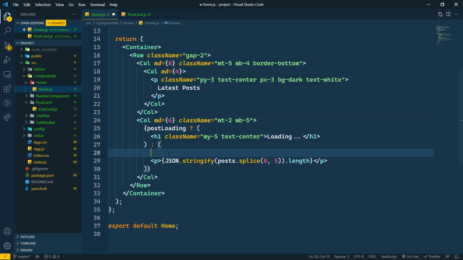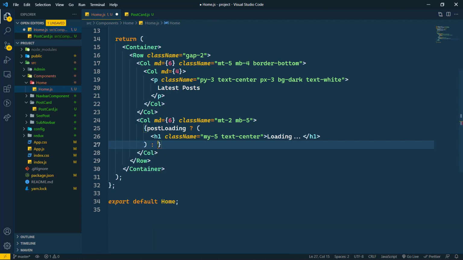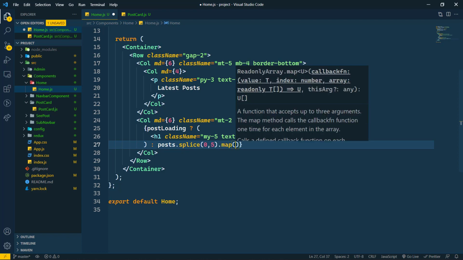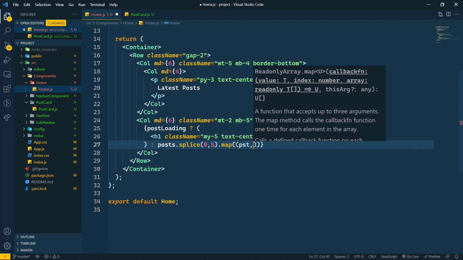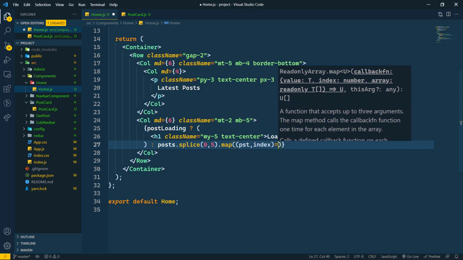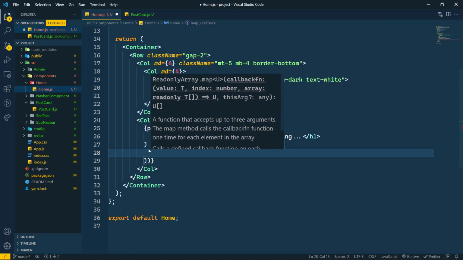And first of all, let's create here. I'm going to write post.splice(0,5).map. We are going to map the post. First of all, here we will get post, and then we will get the index here, and here we have to return something.